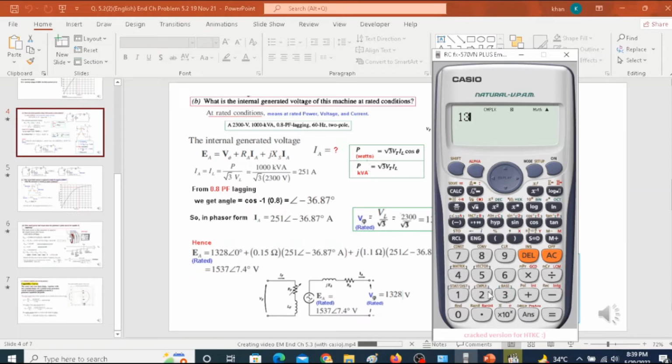So 1328 shift angle 0, plus bracket 0.15 bracket close bracket, 251 shift angle minus 36.87 bracket close, plus